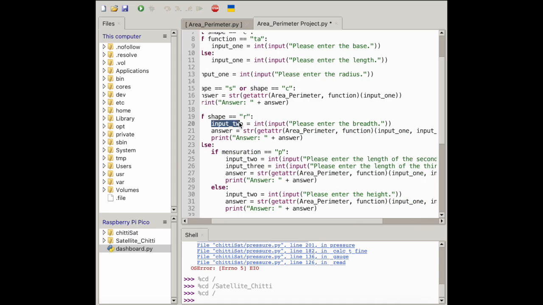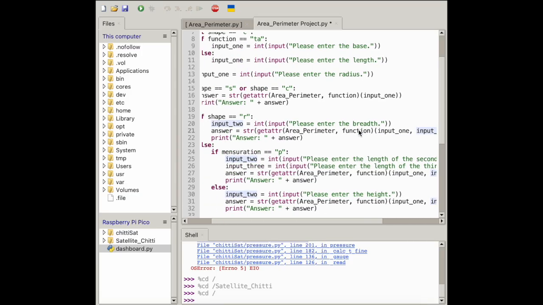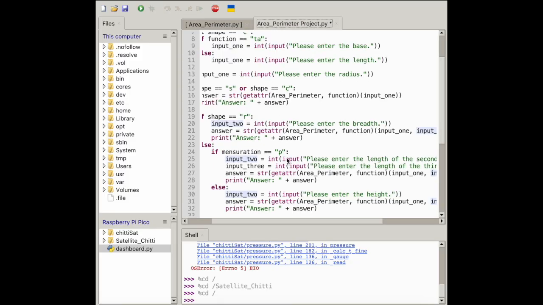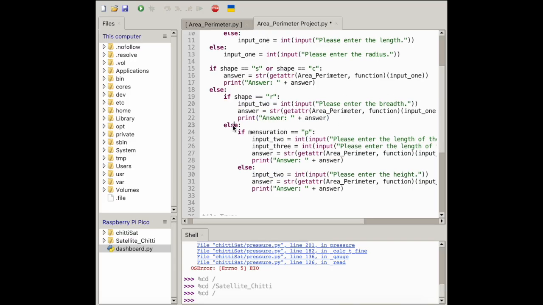If so, input 2 equals, please enter the breadth. Answer, it's the same piece of code except there's another input number 2, because that function requires 2 inputs, A and B. Alright, then we just print, which is the same thing, and else, that is, if the shape is